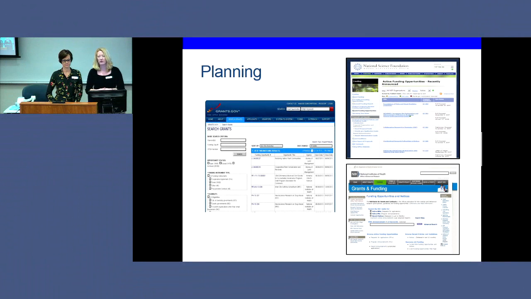So it's very important that you keep your eyes open and that you search for federal and private sector funding opportunities constantly, especially if you need funding to keep your research going. Up here we have the page for grants.gov, which is where all federal funding opportunities are posted. National Science Foundation and NIH, National Institutes of Health, but almost every federal and private foundation funding source is posted